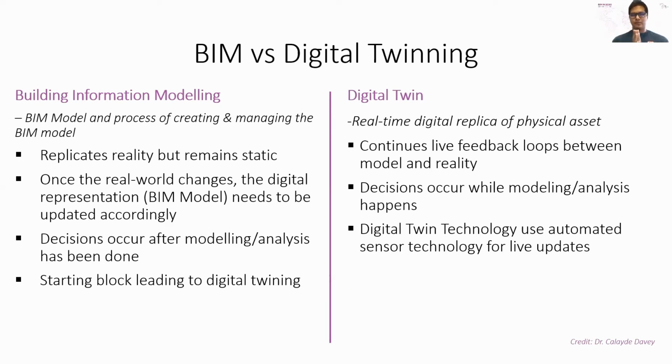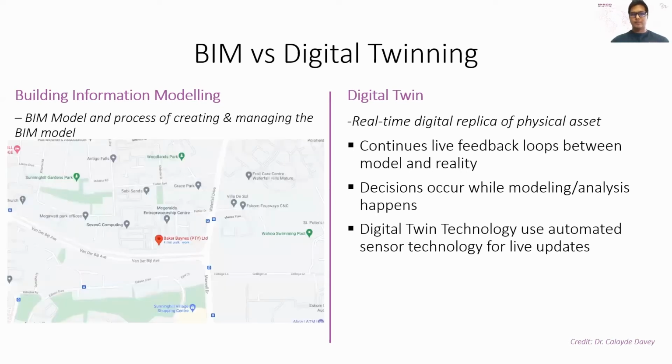Let me give you an example, and I will show you another one after this. If you're thinking of a plant, imagine getting data on a certain type of pipe: the temperature, the ductile strength, where the weak points are, if there are any heat points, suspected overheating or bursting, based on the data. It will help you to manage and maintain that much better. An easier example to relate to in this regard is Google Maps. On the left, to portray BIM, is the location of our office, Baker Bays.